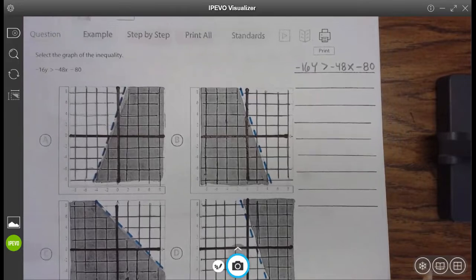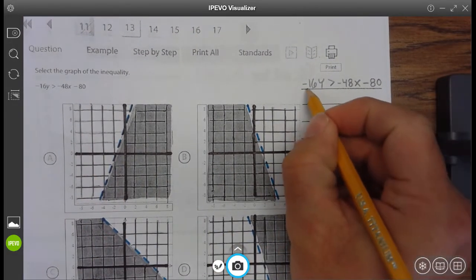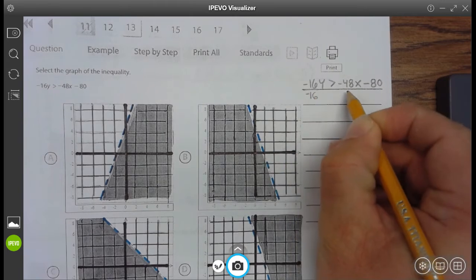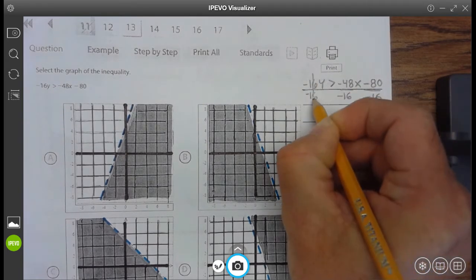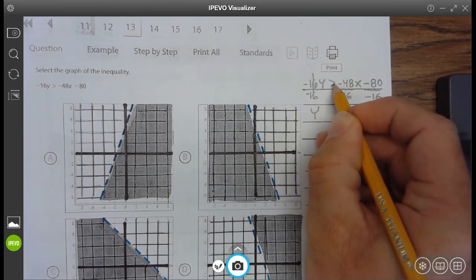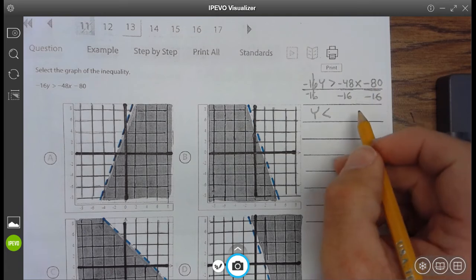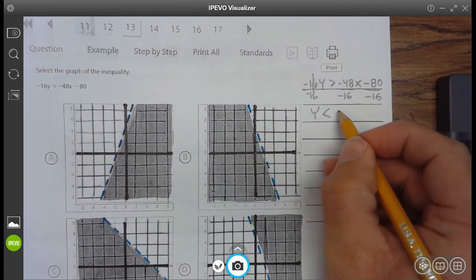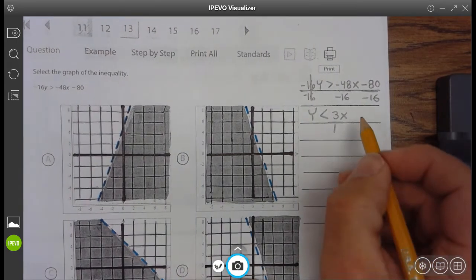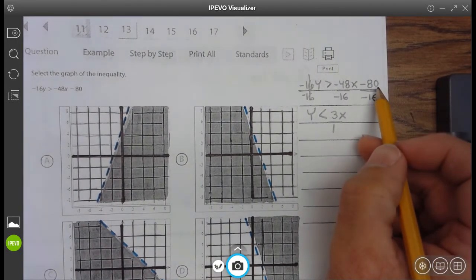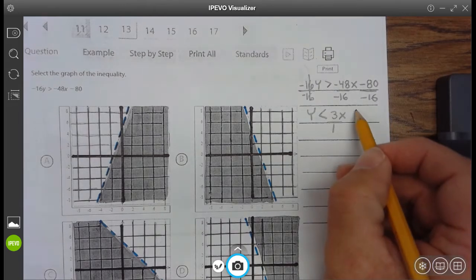All right, select the graph of the inequality. So before we can do that, we need to solve for y. So we're going to divide everything by negative 16. Now, that divides and becomes 1. When you divide by a negative, this was greater than, now it's less than. Negative 48 divided by negative 16 is 3x. And then negative 80 divided by negative 16 is